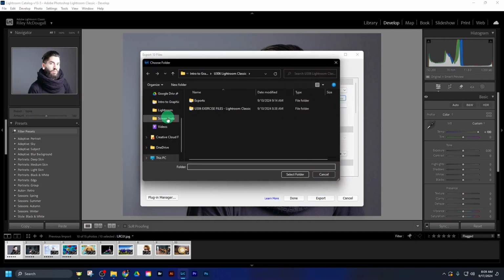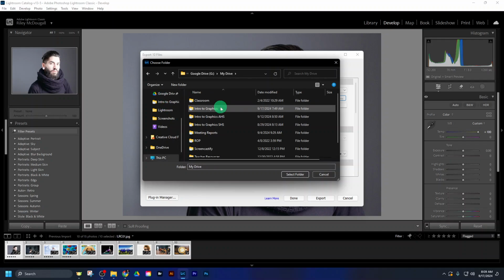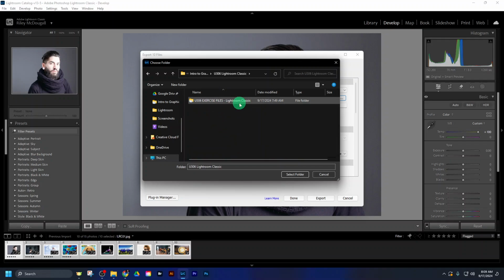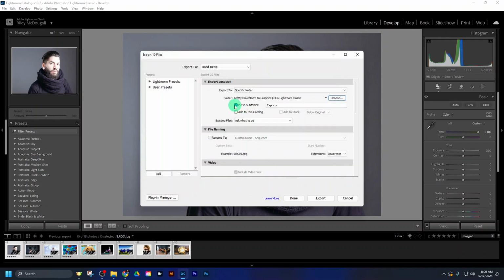So go to Choose, and then choose the Lightroom Classic folder that you made earlier. Intro to Graphics, Lightroom Classic. Don't choose the exercise folder, just choose the regular Lightroom Classic to select folder. Make sure you check this box turned on, put in subfolder, and call it Exports. That way when your pictures go in there, it's going to put them in their own